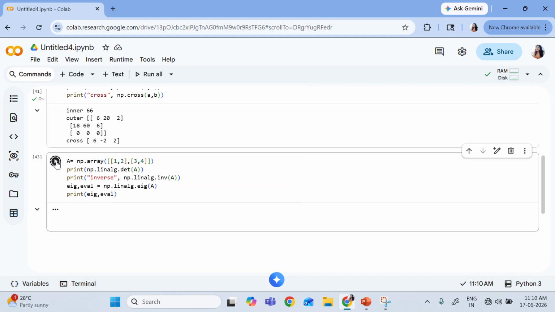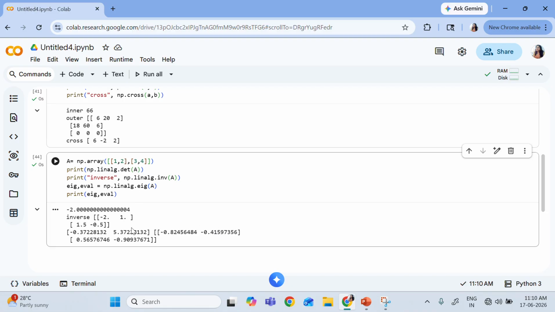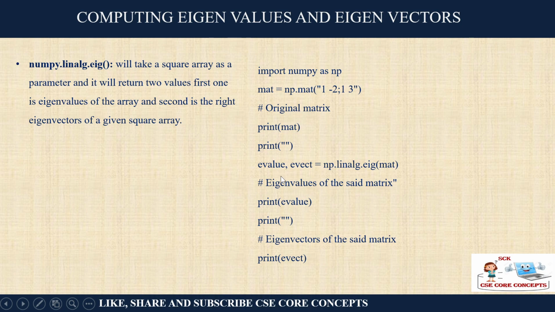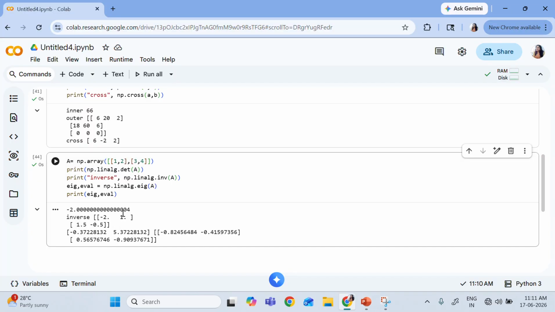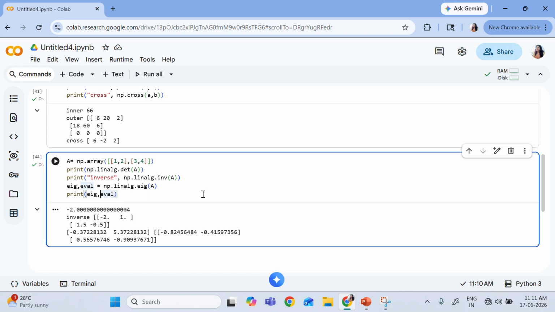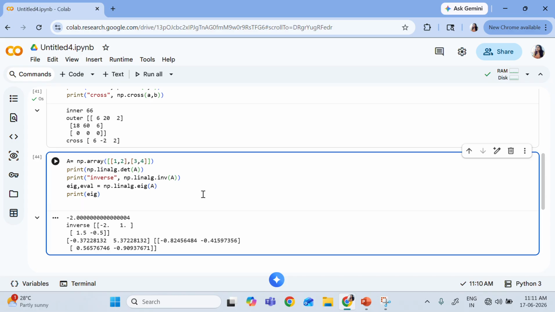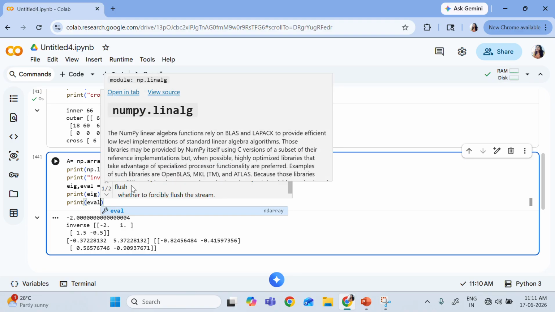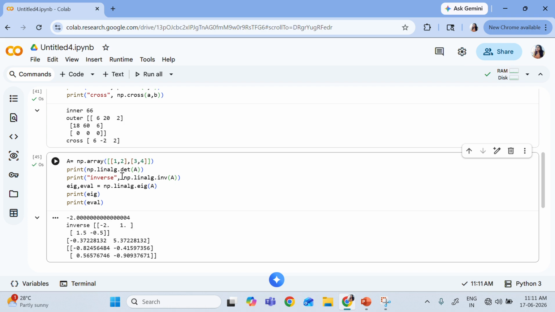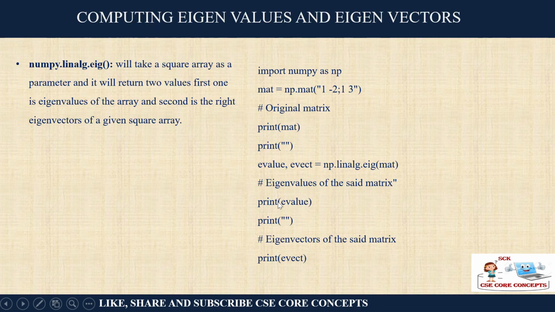So if you are doing some problems, you can easily give your values here and you can see how you will get all the answers, right? So easy to do, right? So the eigenvalue and the eigenvector. You can also write them separately, as you like, and simply print it. Okay, print eigenvector. Right, separately also it can print it. So this is what is about your linear algebra.